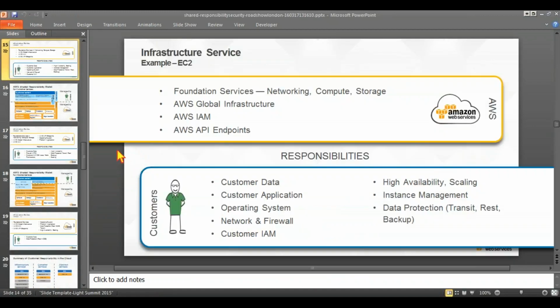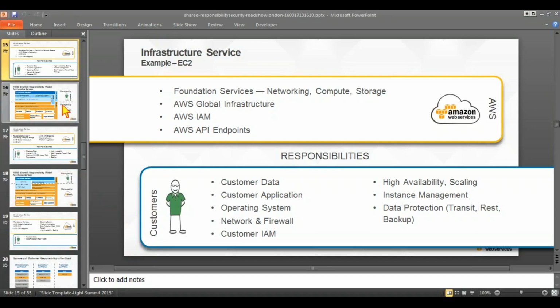So if you go for EC2, AWS takes care of the core networking, the backend networking, the backend hardware and software, and you take care of the OS, firewall, antivirus, encryption, what applications you install,